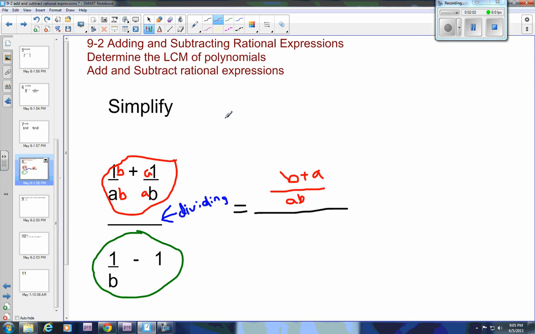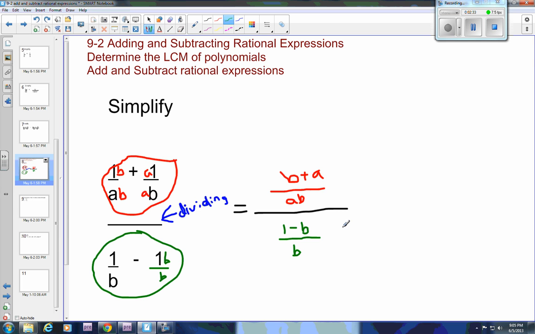and so the new fraction with a common denominator becomes B plus A over AB. Now if I go to the bottom part, this one has a B in the bottom, so this one here needs to have a B in the bottom, and so the common denominator is B, and anything over itself is 1, or if we make this into a fraction and you multiply top and bottom by B, you still end up with B over B here. So in the bottom part of the fraction, we have a B for the denominator, and we have a 1 minus B